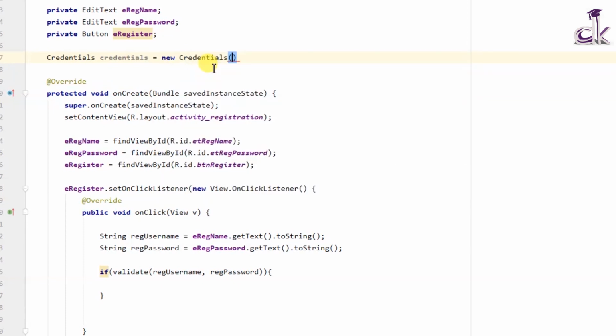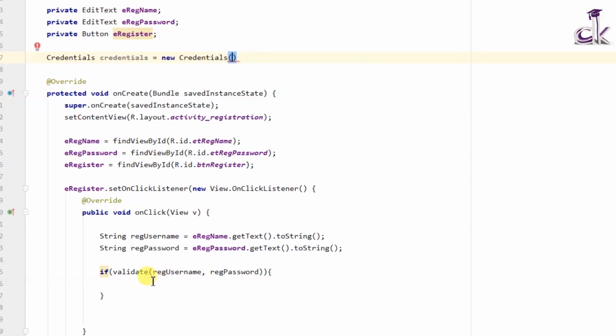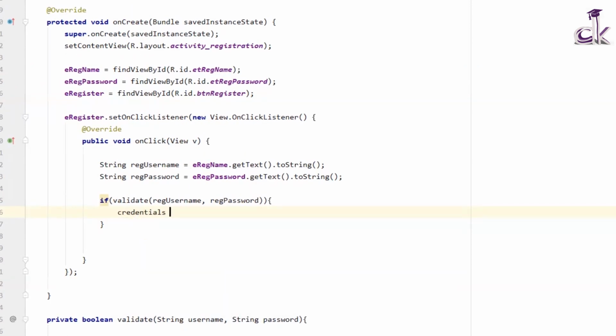Here you'll notice that we have defined a constructor, right? So if you try to create new here itself, then it's going to expect the parameters username and password, but we are not going to get the username and password until this point. So instead of setting it here, you're just going to create the object, but the new instance is only created inside the validate function. So you're going to say credentials equal to new, and then the default blank constructor, and here you're going to pass the parameters that it expects, so username and the password. So this is how you have created your new credentials.